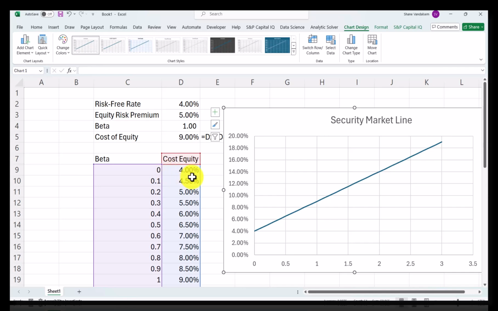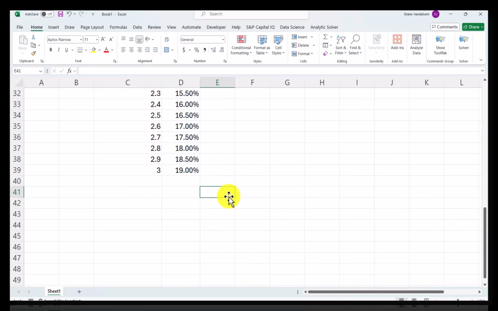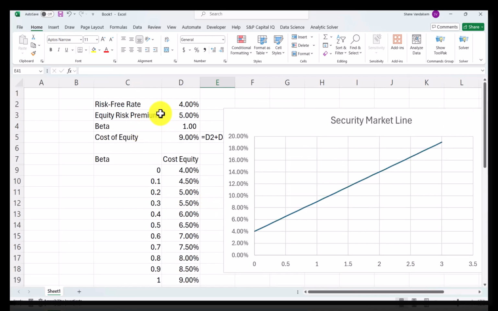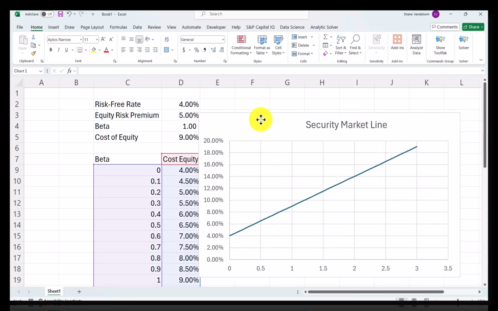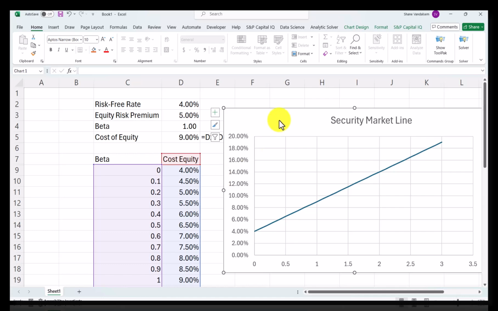So now let's move on to a second example where we use a two-way data table to estimate the cost of equity with changes in the beta and with changes in the risk-free rate. And we could choose the equity risk premium too, but I just wanted to use the risk-free rate here as an example, just to show you what happens to the security market line when we do have a change in the risk-free rate. So I'm going to set this off to the side. Now I'm going to create a two-way table,